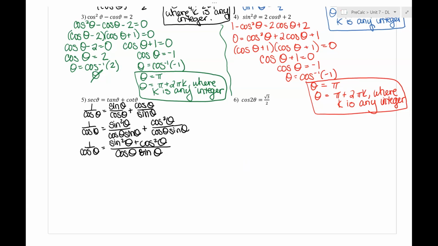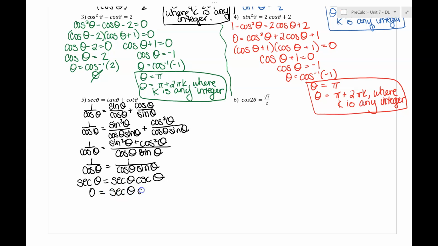Okay, so I'm going to state that 1 over cosine theta is equal to 1 over cosine theta sine theta, which I can break up to be 1 over cosine theta, which is secant theta, and then 1 over sine theta, which is cosecant theta. Huh, not bad. Now, they're not the same, I understand that, but if I subtract secant theta to the other